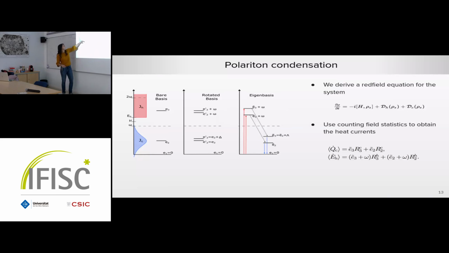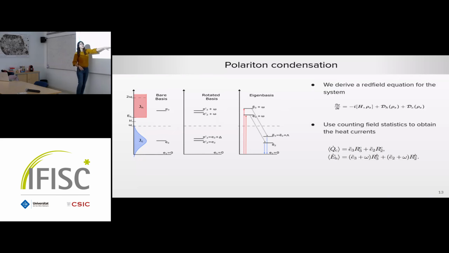So first you have the 3-level system. These are the spectral functions. Then when you go to rotated bases, which is the Floquet bases, you get replicas of this with plus and minus omega. So this is E3 minus omega, and this is plus omega. So you have these states. And then you go to eigenbases. These are all mixed states of the previous ones, so they all interact.